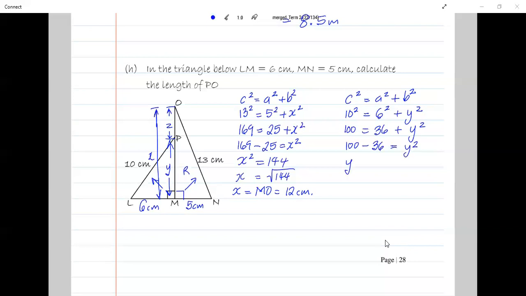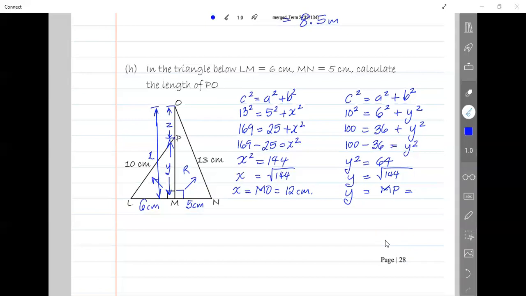Y squared would be equal to 64. The opposite of square is square root. So Y is the square root of 144. So Y, which is MP, is equal to,